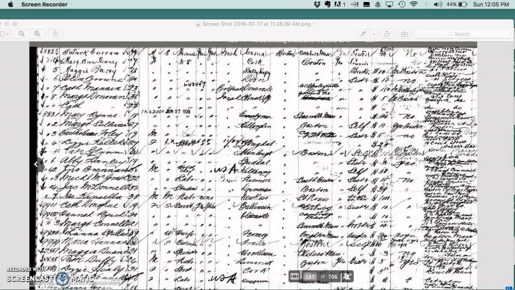So here we have the passenger and crew list, and this list is from 1901. And the ship name and location is at the top of the crew list, which I'll share with you in the next screenshot. But I just wanted to go over some of the details that are on these passenger and crew lists, remembering that not all passenger and crew lists, depending on point of entry and point of debarkation, include the same information. But the majority of passenger migration crew lists and passenger lists do include some combination of the